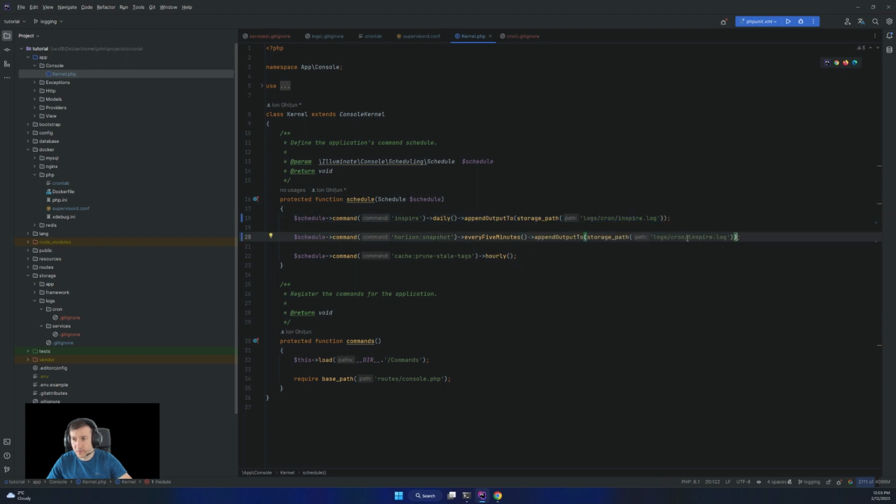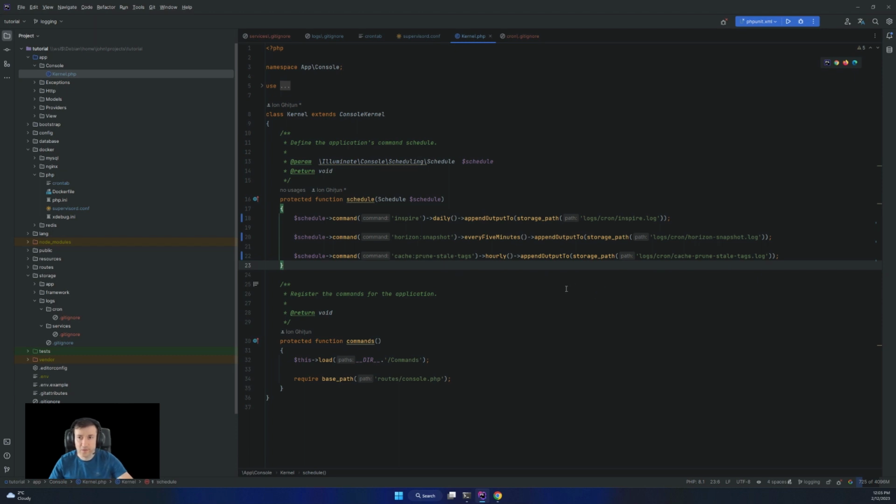So appendOutputTo for Horizon snapshot, and appendOutputTo for cache run stale tags. I do that so if I have to monitor a command and see what happened with it, I can go to its specific file and monitor that specific command. Now we have storage logs, everything.